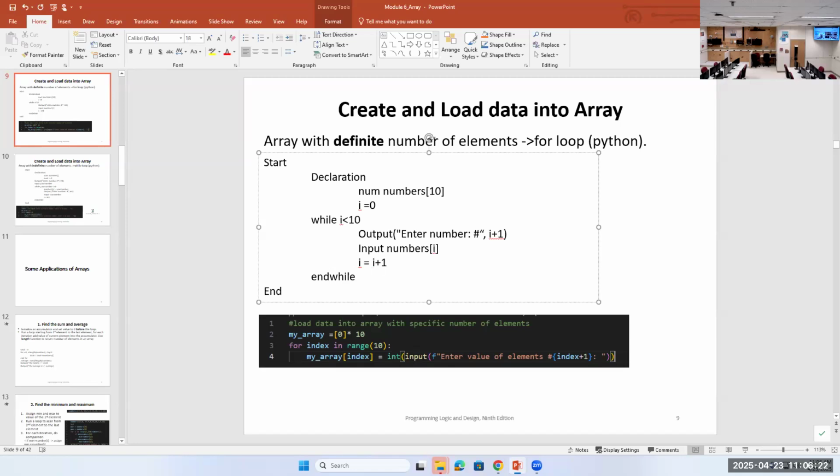But it works well with both the for and while loops here. But normally with a definite number of elements, it should be better to use the for loop because you know for sure how many iterations there are. You can do this one with the while also. Now, in the case if you want to